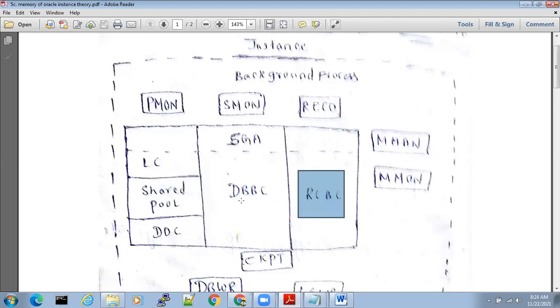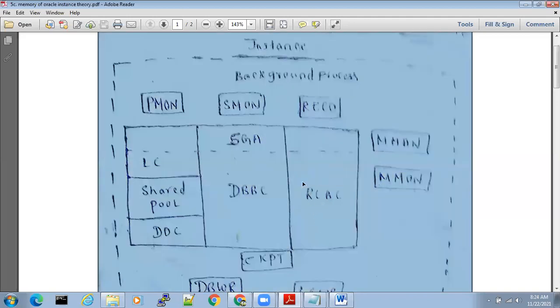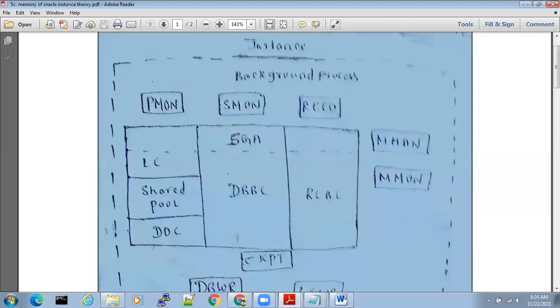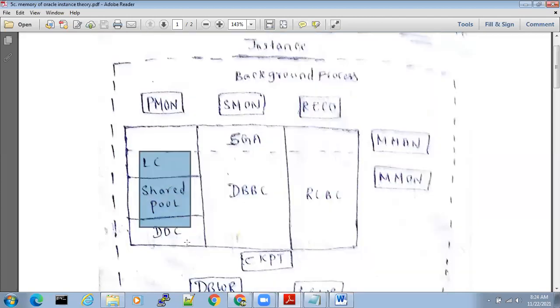So the beauty of the memory manager is, for example, shared pool size of 150 MB is not sufficient. Okay. Redo log buffer cache size is 200 MB, which is more than sufficient. So it will take some memory from here and allocate it to this.